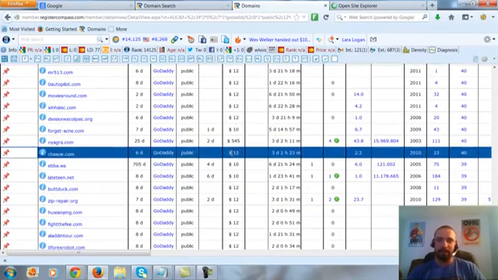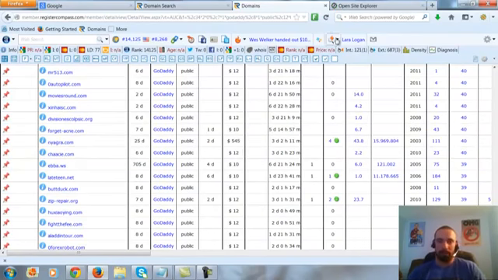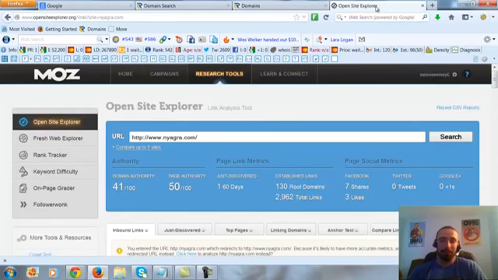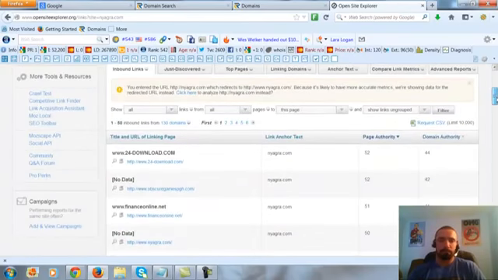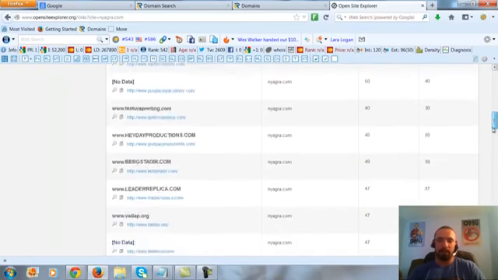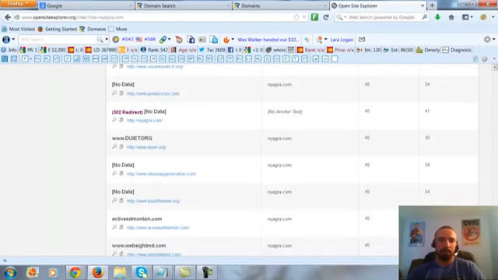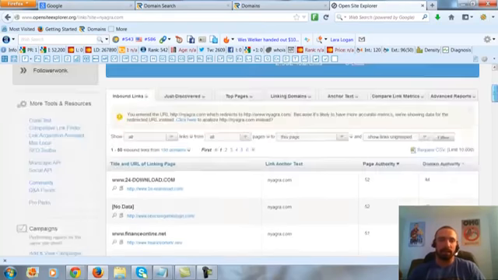See, most people, they just see the PR4 and they're like, okay, it's a PR4, I'm going to bid on it. This one's up to 545. Remember that other one was up to almost 500. I probably wouldn't have paid $100 for it, so you gotta be very careful of that. All right, so I like the amount of root domains for the domain authority. Okay, so I'm thinking this might be a good site. Let's go check it out. Nope, it's not. Same type of thing. Same anchor text all the way down. Same type of thing. I wouldn't be surprised if this is the same guy, just running scams.